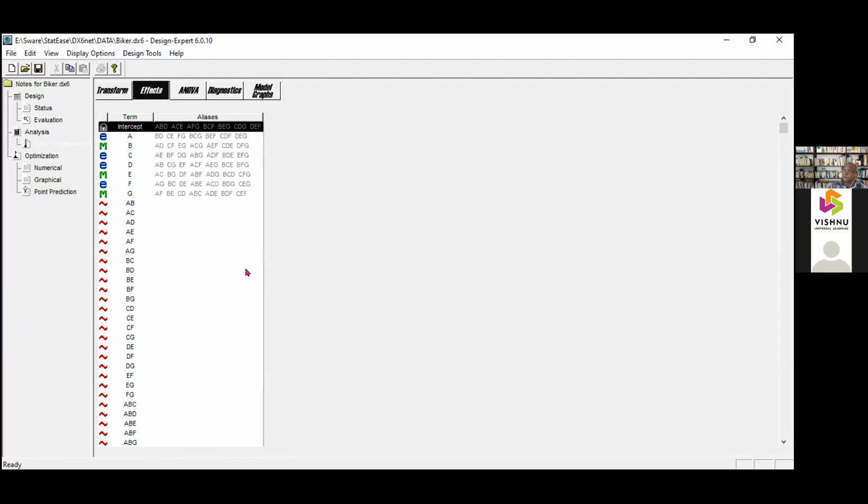With 7 factors you need 2, 4, 8, 16, 32, 64, 128 runs for full factorial, but you are doing only 8 runs.